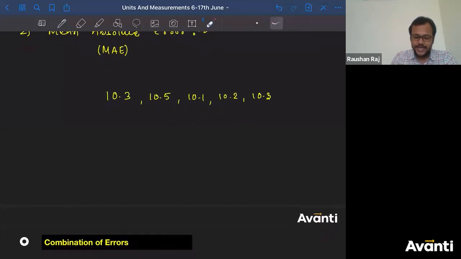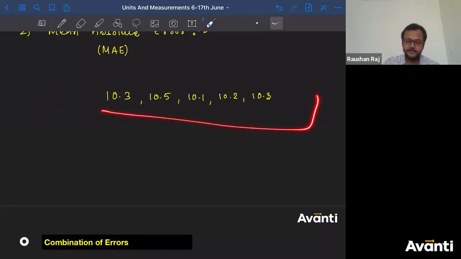Now tell me, what is the error? What is the maximum error that you're getting here? What are the absolute errors that you're having? 0.3, 0.5, 0.1, 0.2 and 0.3. So when you are going to quote it, which value you are going to give? Will you give 0.5? Yeah, you can give 0.5 as the maximum error, but can I say it is coming only once, right? But there are times where you are having 0.3, 0.1 and 0.2 and 0.3. What is the actual length, bacha? What is the true value of this? That is 10 centimeter. But you are having these 5 different measurements.